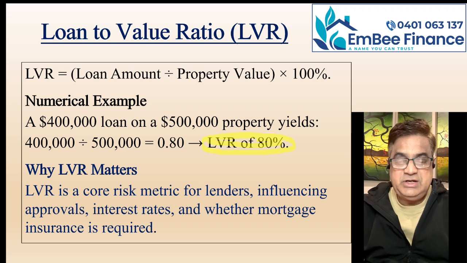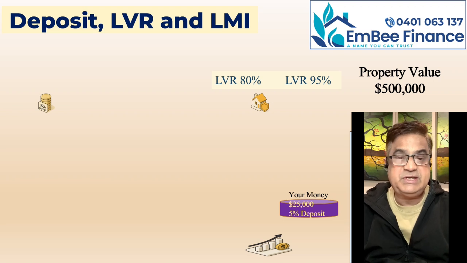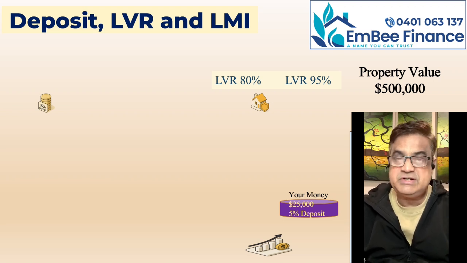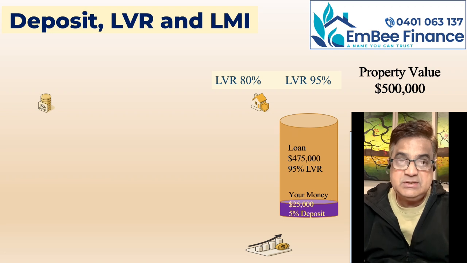So I'll explain to you a little graphically. Say for example, you have a 5% deposit in this case, and you need a $475,000 loan. So that means your LVR will become 95%. Your loan amount is 475,000 because you have only 25,000. So the risk of the bank is higher. In this case, they will charge you a higher rate of interest and also the lender's mortgage insurance,